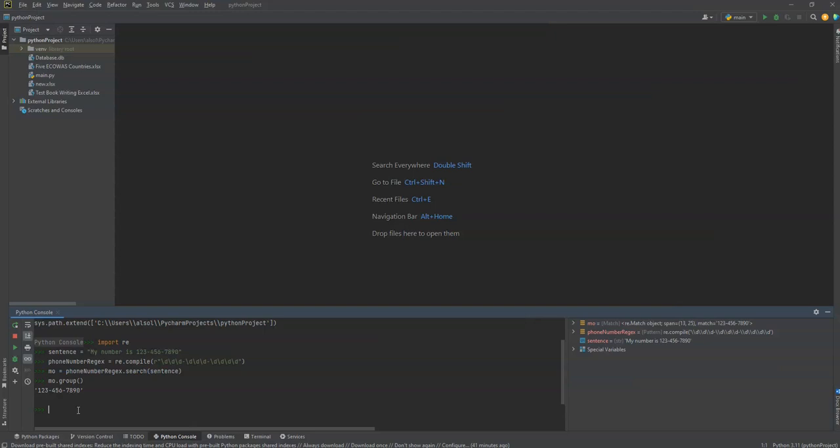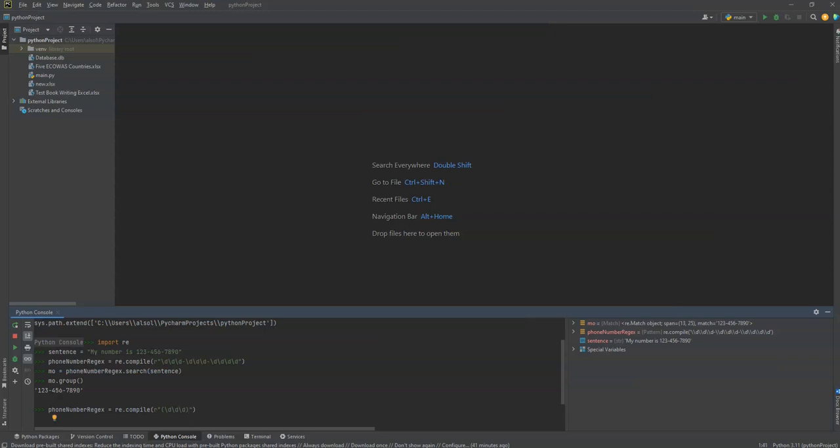It gives us everything. Now, what if you just want to look at a particular subsection of the group? Well, use something very similar. Go back to phone number regex. Phone number regex equals re.compile. We're going to type out r again. Now this time we're going to put parentheses around the two groups that we want to group. So let's say we want to group the first 3 digits and the last 6 digits together. So we're going to type out in the quotation marks \d